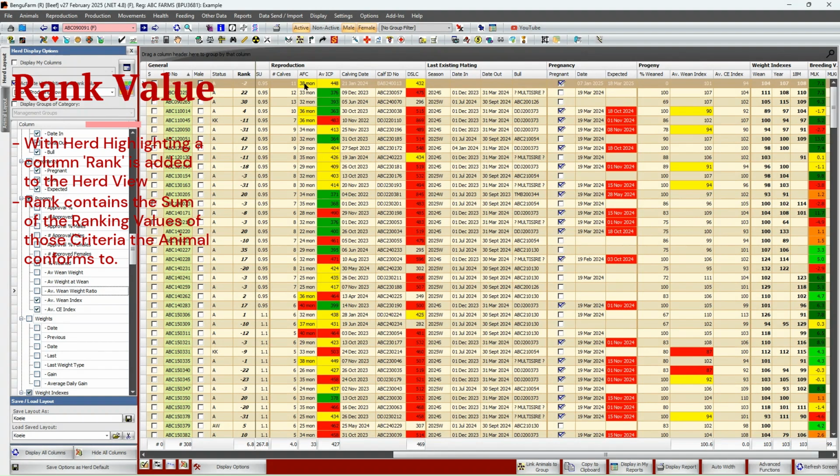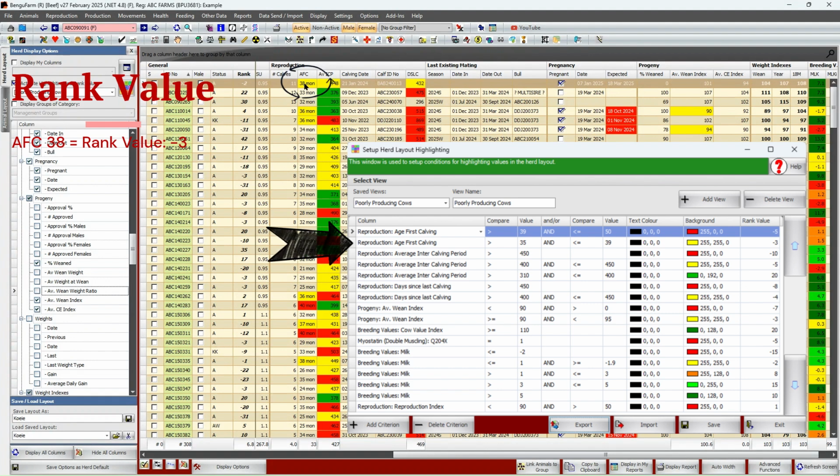So, age at first calving, if it's between 35 and 39, gets a rank value of -3. Average intercalving period, if it's between 400 and 450, gets a rank value of -5. So the -3 from age at first calving plus the -5 from average intercalving period is -8.